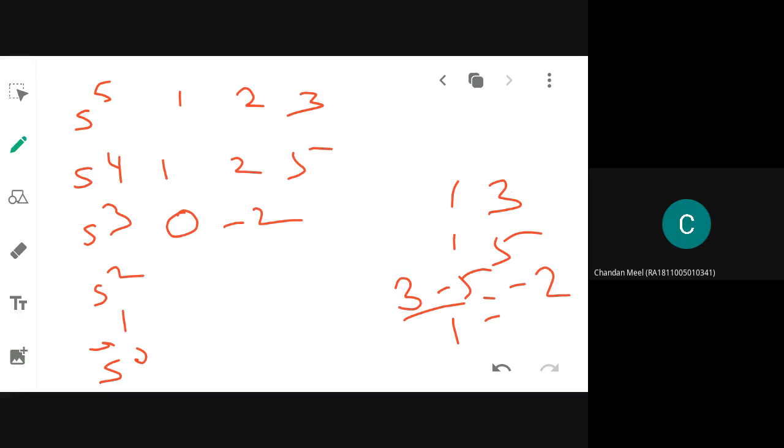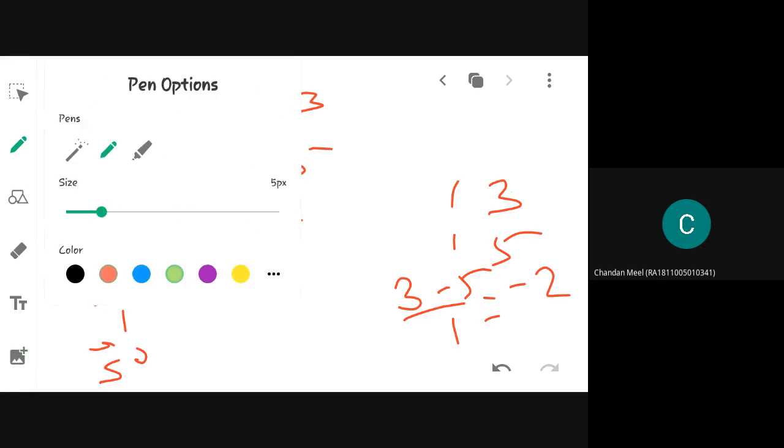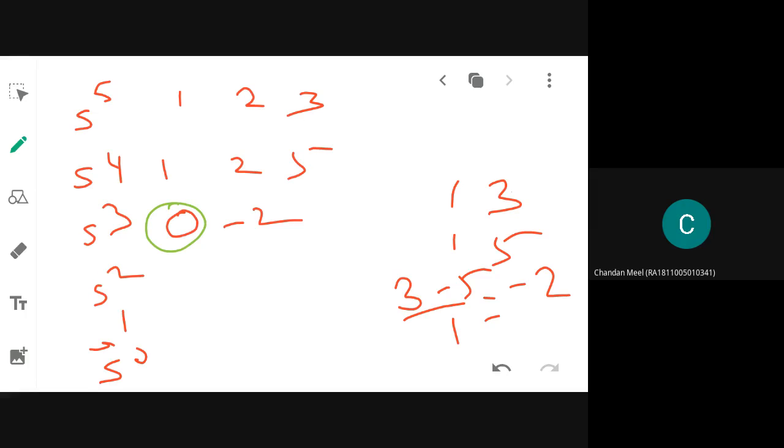Now what will you do, Chandan? The first element is 0. What will you do? Replace it by epsilon. Yes, replace it by epsilon. Then again try to fully form the Routh array. I will give you 2 minutes. After which I will ask questions. Have you finished forming the Routh array? Shall I proceed? Yes, ma'am.